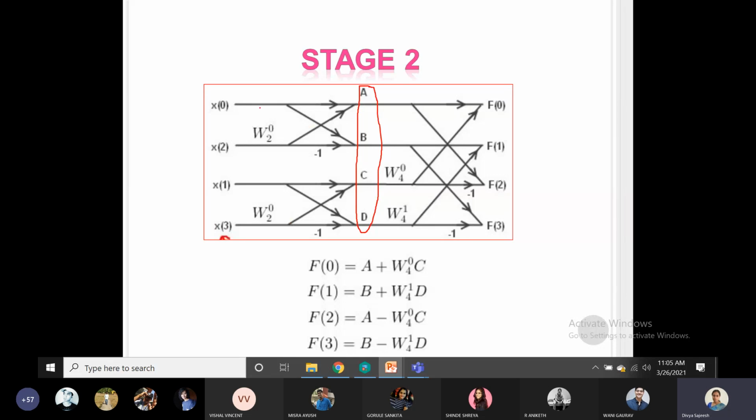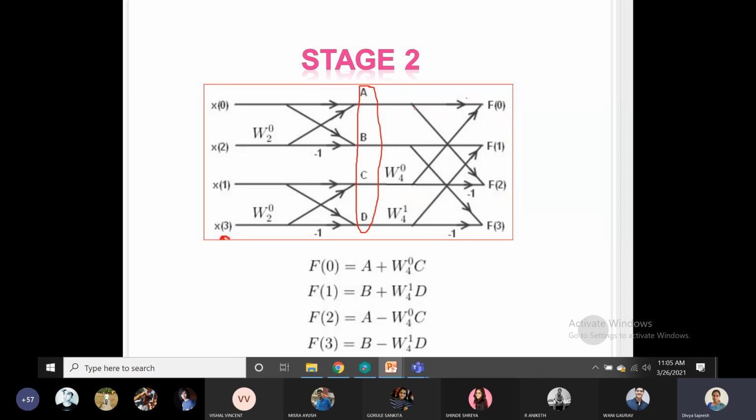So even though this is the basic building block, I need to take two inputs because this is an 8 input sequence, 2 cube. There will be 3 stages. So in the first stage we require two butterfly diagrams. Okay. So first stage capital N will be equal to 2. Now here let us see the second stage butterfly diagram, how we are forming it.